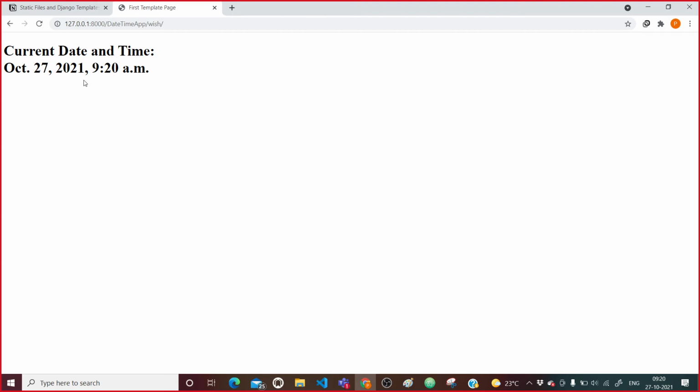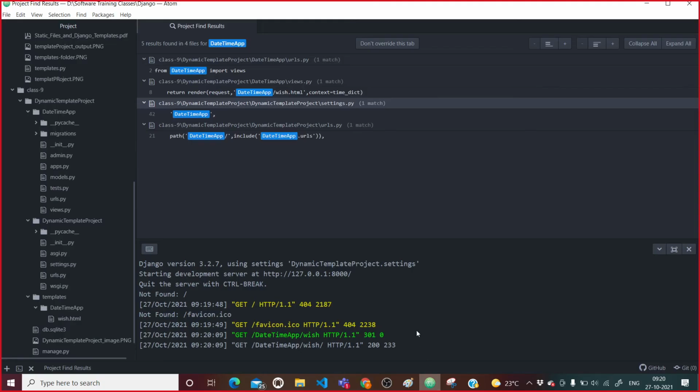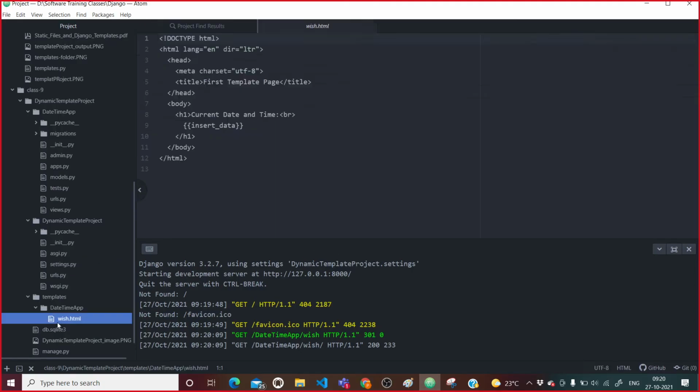October 27, 2021, 9:28. But if you are going to see here in the template, I have used insert data, and where is this insert data coming from?